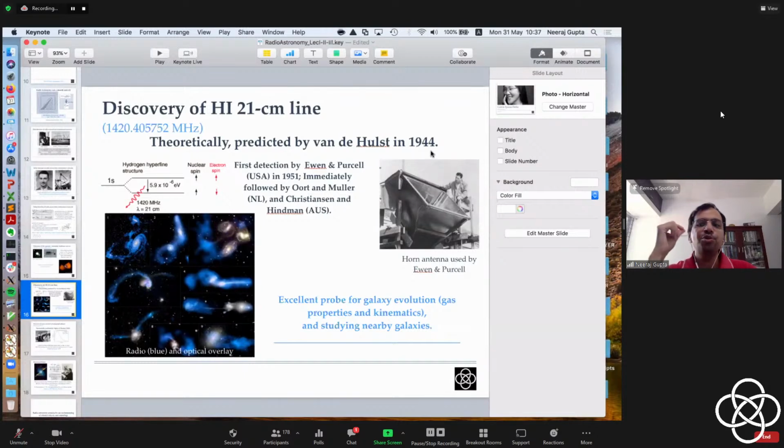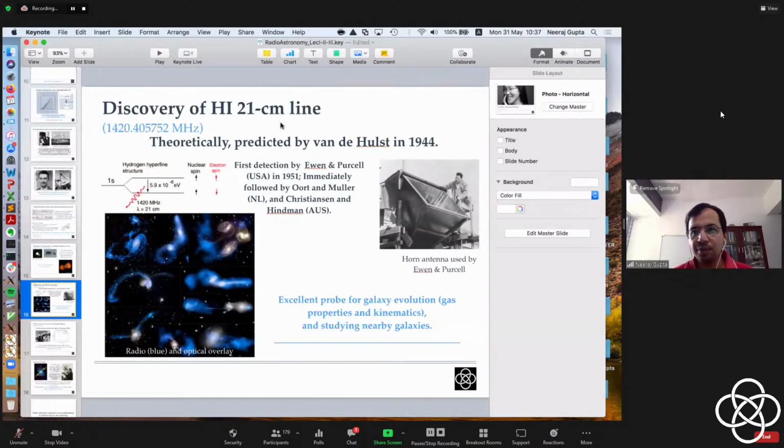there should be a line due to a transition between two spin states of the hydrogen atom, which you can see in the diagram here. Depending on whether the electron and proton spins are parallel or anti-parallel, it gives rise to a line close to 1420 megahertz. To be precise, it is 1420.40572 megahertz, and this is called the 21 centimeter line because 1420 megahertz, when we convert it into wavelength, corresponds to 21 centimeters. So we often use it as the H1 21 centimeter line to separate it from other transitions